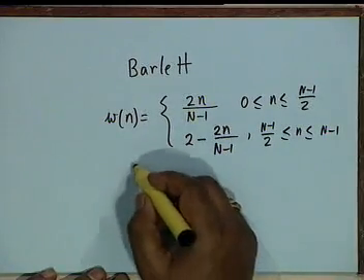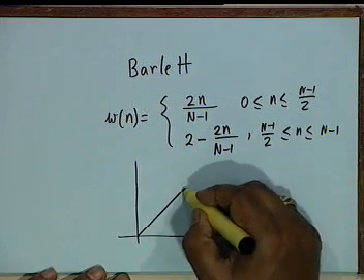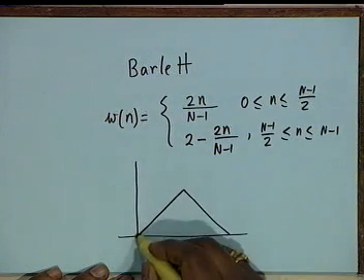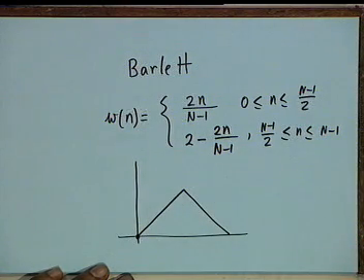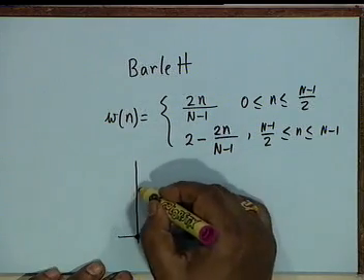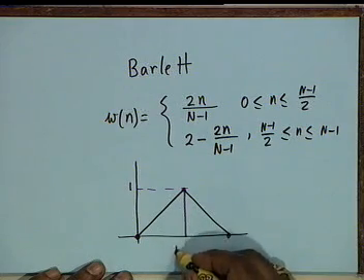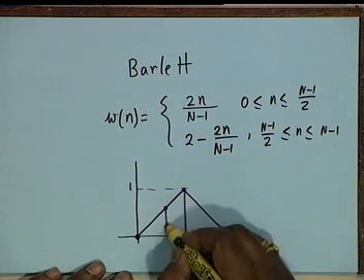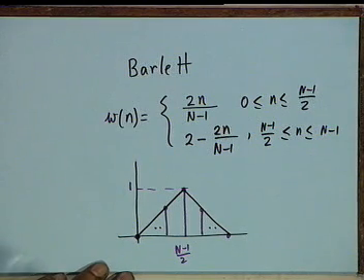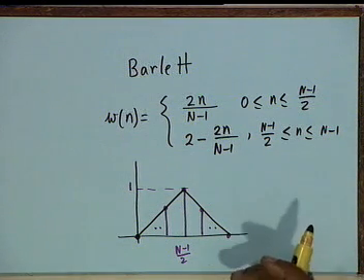You see the point? It rises along a straight line, then it falls along a straight line. No calculation, calculation is very simple. Why don't you use that? But in common with the Hann window, it has the disadvantage that the end terms are 0. And the maximum amplitude is of course 1, and this occurs at n minus 1 by 2. It is called a linear window or a triangular window or a Bartlett window. Bartlett is the proposer of this.